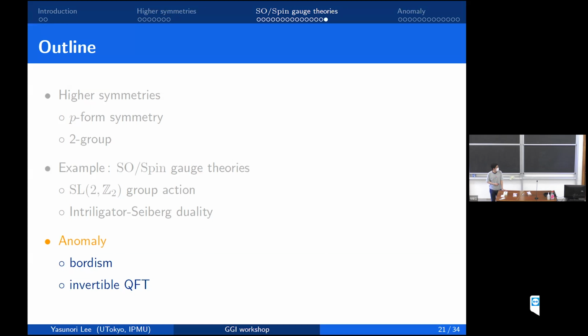Okay, so that's basically the main content of this talk. But some of you might have noticed that the way of indicating the existence of the mixed anomaly in QCDs was somewhat indirect. And you might ask, why don't you just directly compute this mixed anomaly from symmetry? So in the remaining time, I will describe bordism and invertible QFTs and explain how these are related to anomalies, and see that the direct computation of the mixed anomaly is actually very difficult, unfortunately.